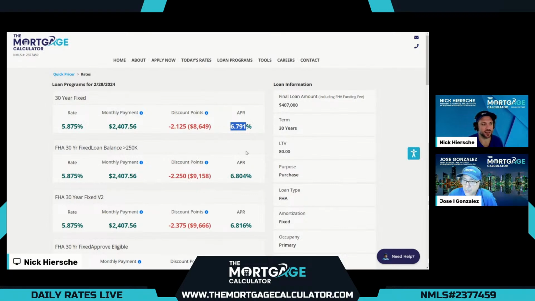And our customers that need to use these FHA programs, this APR does include the upfront and yearly mortgage insurance. So this is a great option as it is very comparable to conventional.